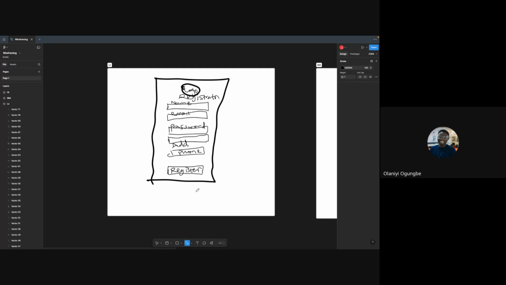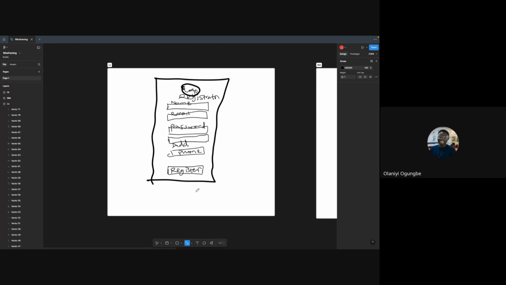Now, the reason why I did not want to use submit is because when we are trying to create a form, while you're naming your buttons or your actions, make sure the button and the action itself actually have a relationship. So if you want them to register, just put register or sign up. If you want them to log in, just put log in or sign in. Don't just put submit, because if you just put submit, it can be a whole lot of different actions.